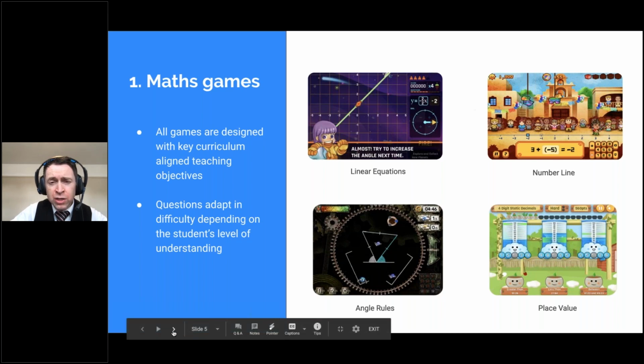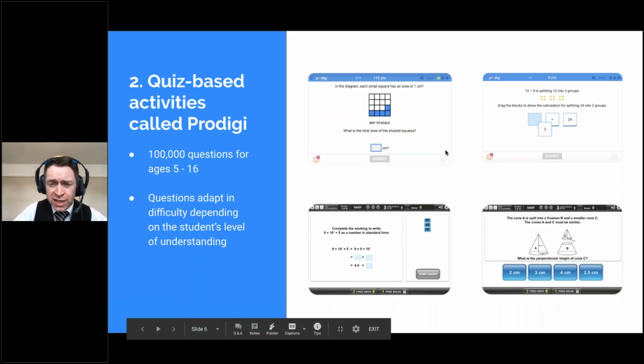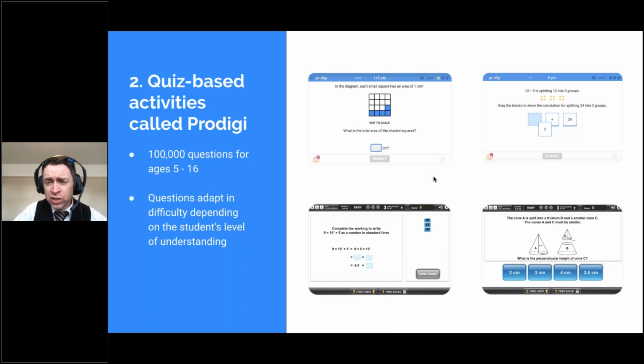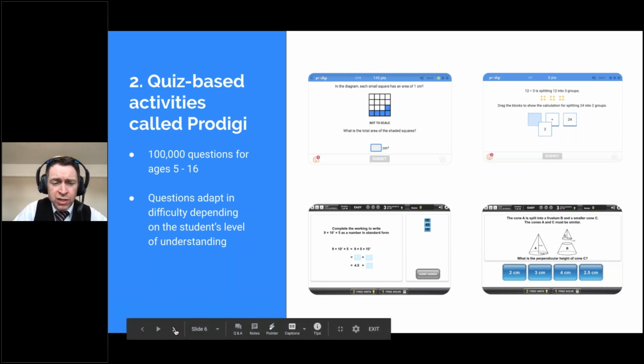On top of that, I'd be using our main activity, our second activity, which is our adaptive maths quiz. We call this Prodigy. Let me repeat that. If you're assigning an activity 5 times a week, I'd be using 4 of these activities and 1 of the games. So this is our main activity. The students move through different levels of difficulty and they try these activities in order to, again, try to get medals and prove that they understand the teaching concept.